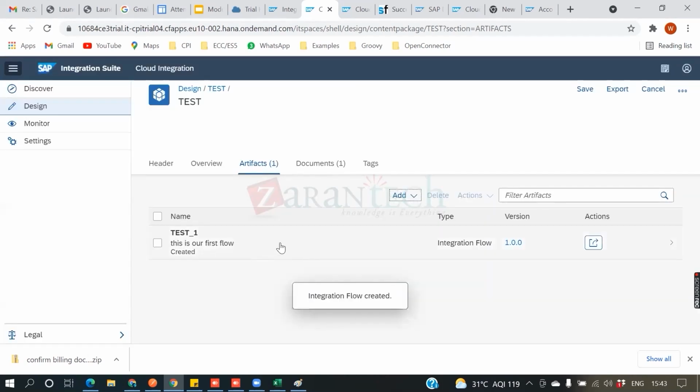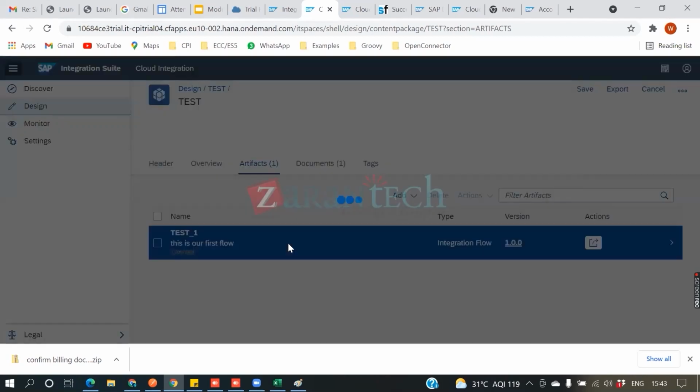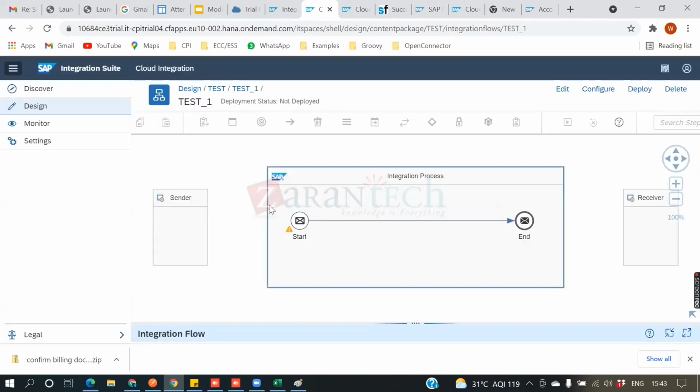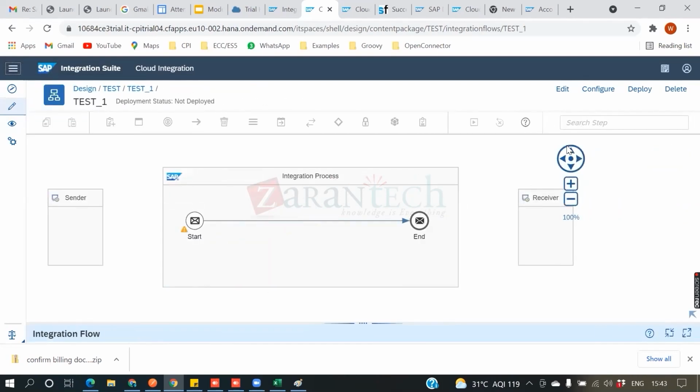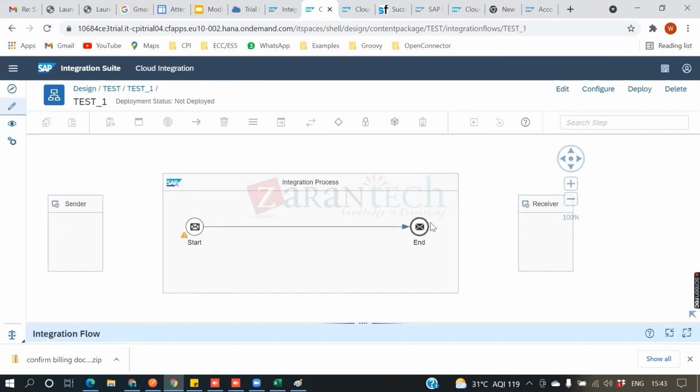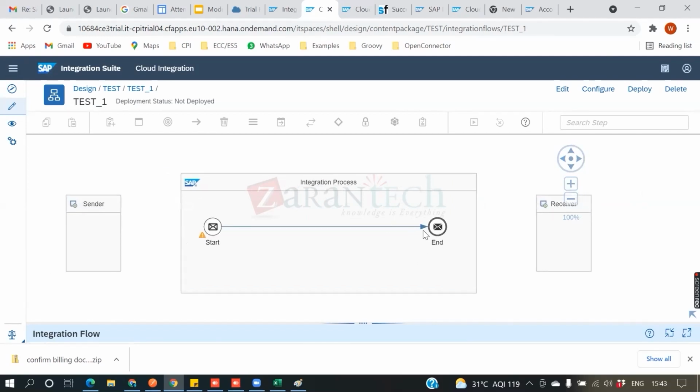Now this is the integration flow. It's created now. You just simply click on this, and this is the home screen where you can do all the design and development and everything. Okay, this is the important feature where everyone should understand. Now I just simply click on edit,